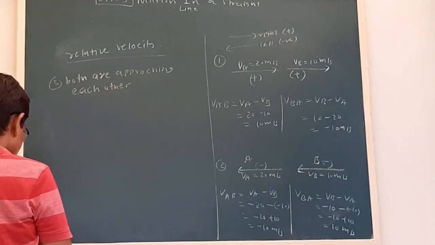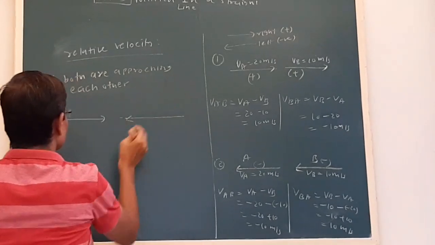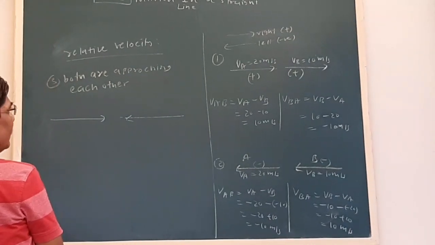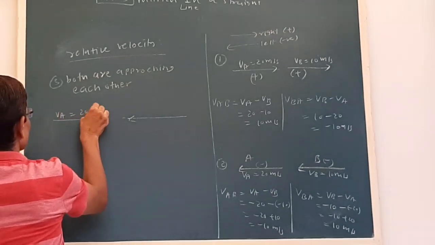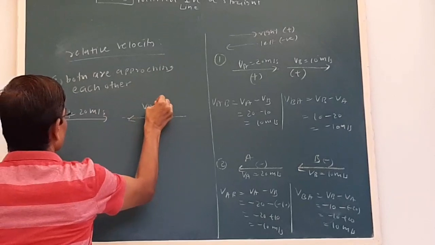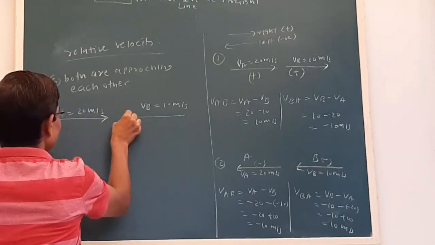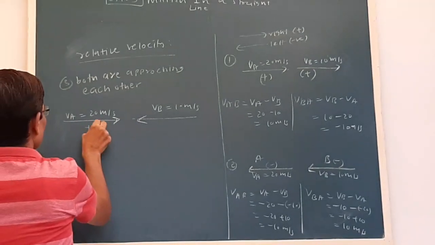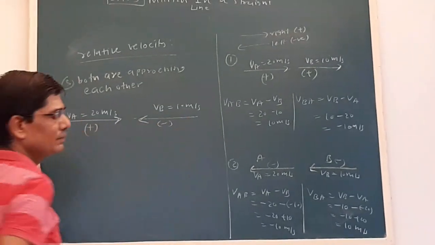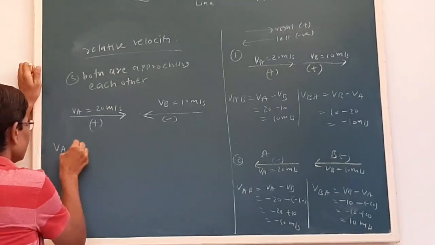Okay, now see, A and B, VA. What we see here is both are approaching each other. So the right hand side we take positive and the left hand side we take negative. So see our VAB,